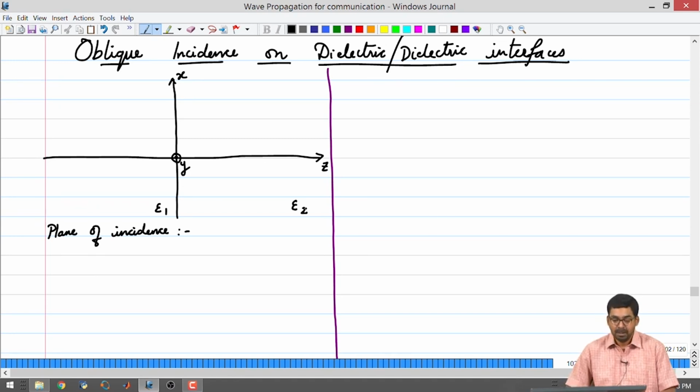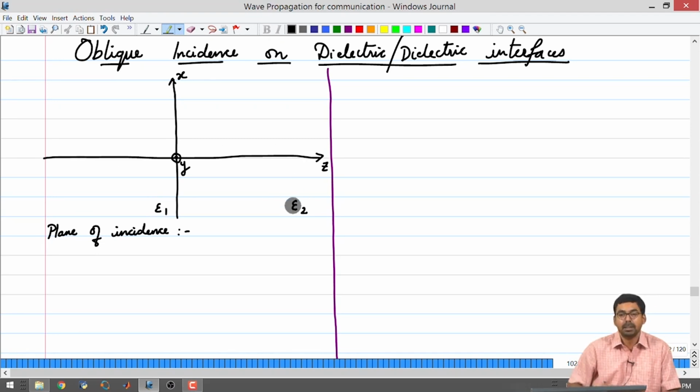Okay. So, epsilon 1 and epsilon 2. The interface between epsilon 1 and epsilon 2 is at z equal to 0. So, this point here corresponds to z equal to 0, all right. So, z less than 0 corresponds to one dielectric with dielectric constant epsilon 1, z greater than 0 corresponds to